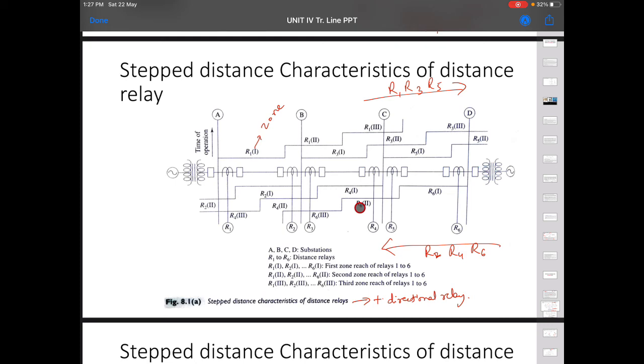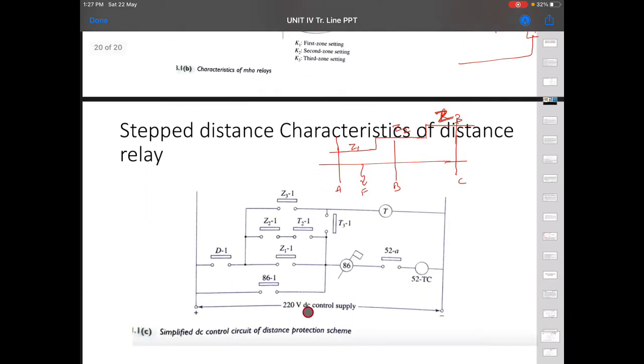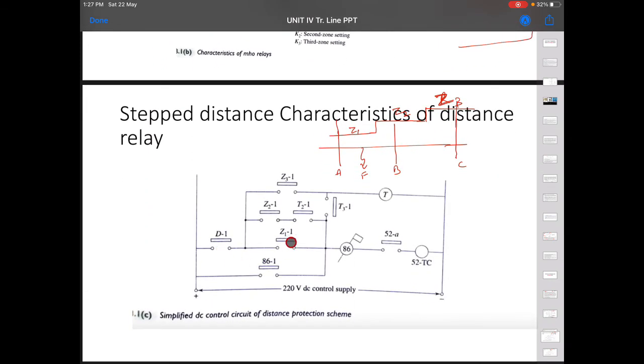Zone 1 is up to here. So when there is a fault, Z1 closes, D1 also closes. So D closes only when Z1 operates. Is that fine? So there is a close contact for these two.